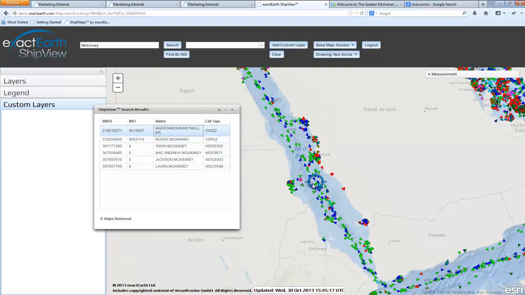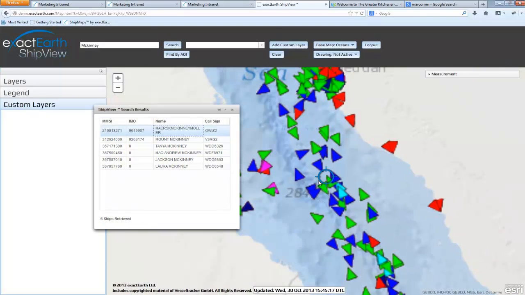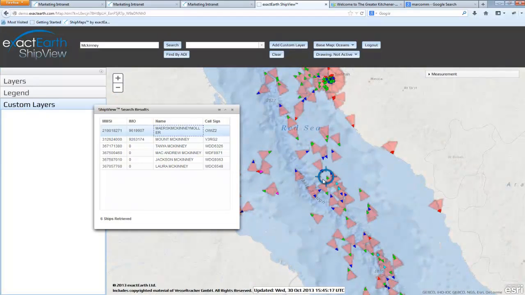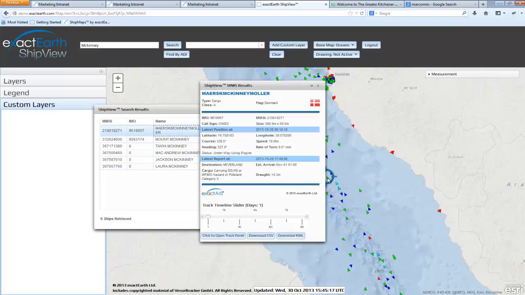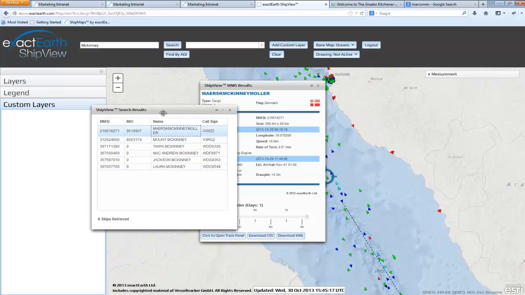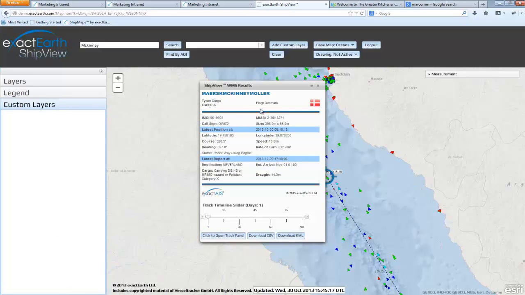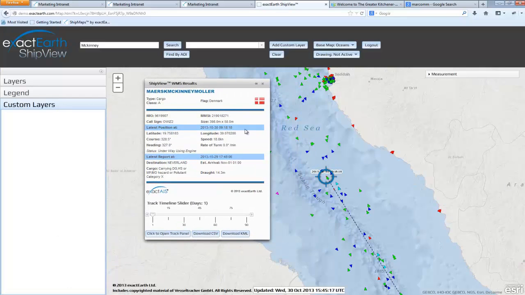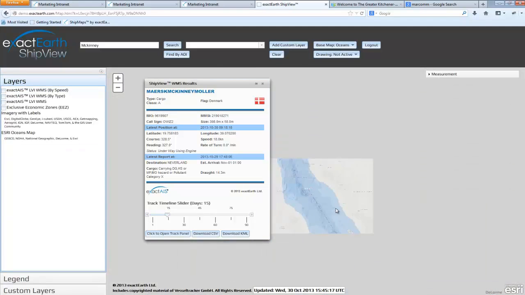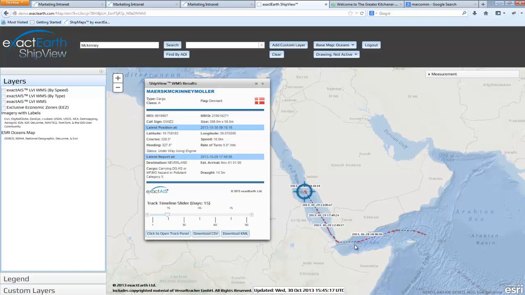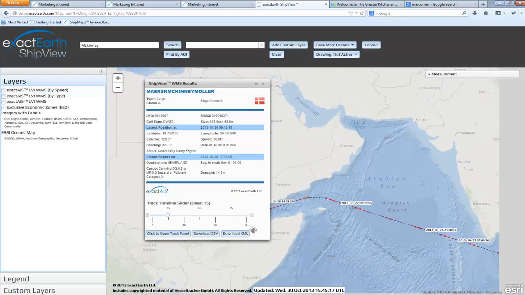And we can see where this vessel is at the time in our latest vessel information. We're going to click on it, and we can see it's flagged to Denmark. Now we're going to use the scroll bar feature at the bottom here to request from the HT layer, our historical track layer. We're going to go through some increments of time and see where this vessel has been.